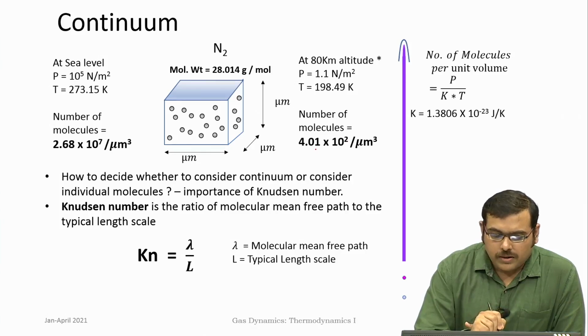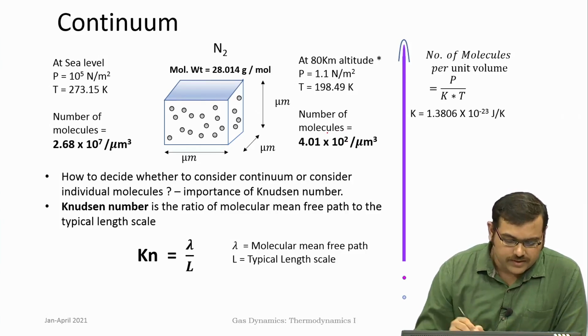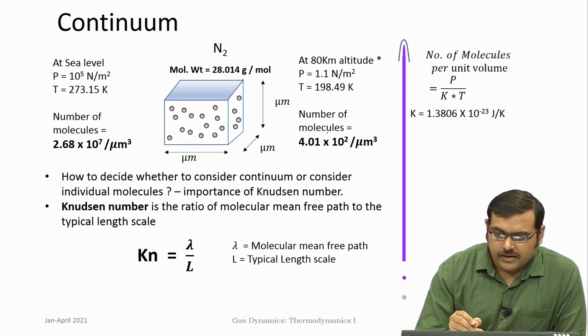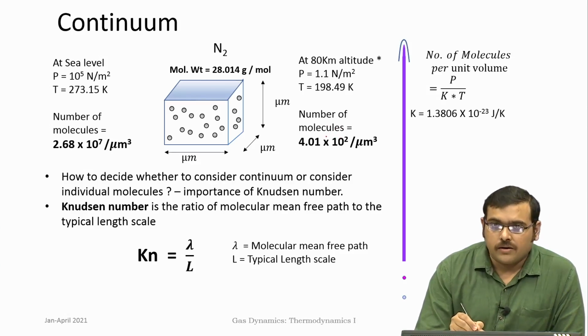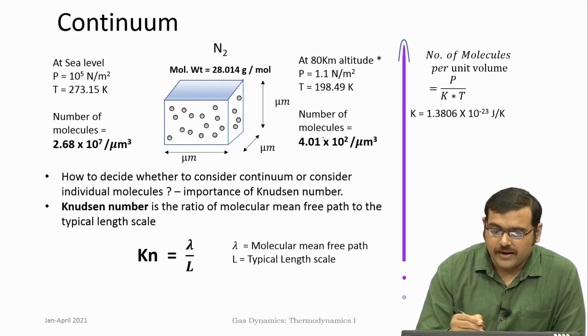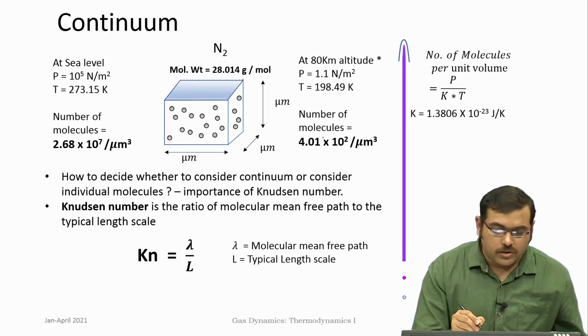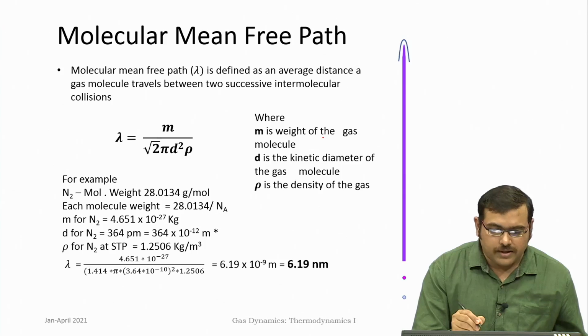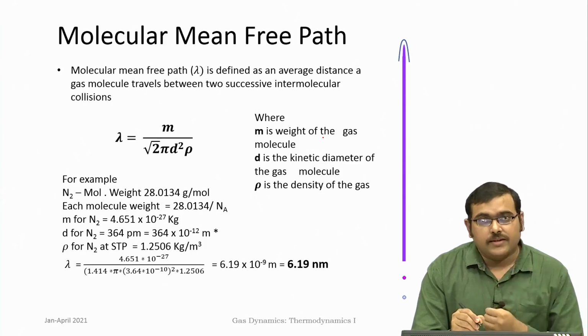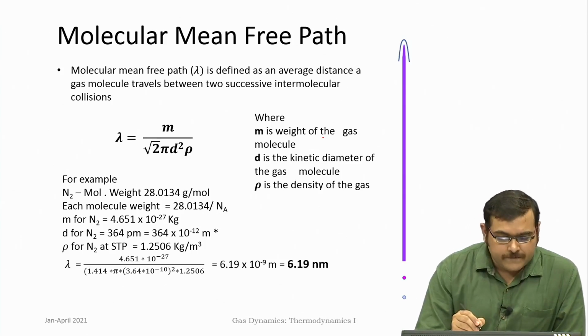So one needs to consider the Knudsen number, and these kinds of altitudes are quite routine in problems such as movement to space or access to space. So when you are looking at such problems, you should carefully consider the Knudsen number,